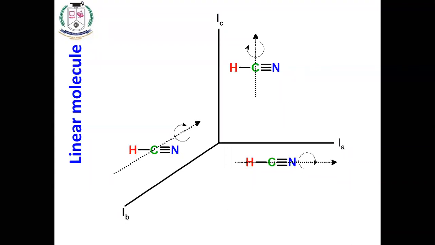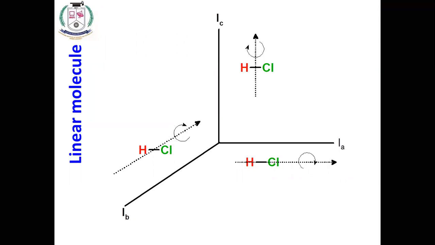Similarly, one more linear molecule, just HCl. Yes, even though it is a diatomic molecule. See this, IA: the axis is going through the hydrogen atom as well as chlorine. Through the atoms it is going. There is no effect of chlorine mass or hydrogen mass on moment of inertia, and the moment of inertia will be 0. But in IB and IC, the moment of inertia values are both equal, but we are having a certain value for that, because one side hydrogen, one side chlorine.